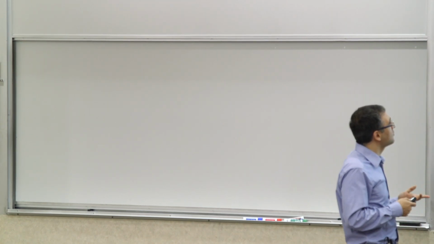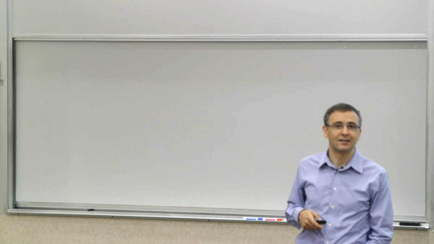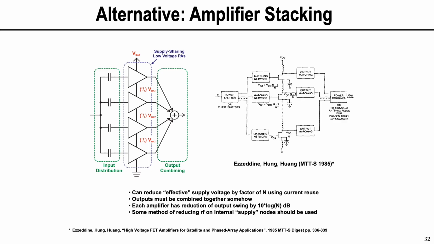The other thing that you can do is what we call the stacking of amplifiers. You can make any kind of amplifier. Any of these, like the triangles on the left-hand side, the four that are shown here, are stacked. And each one of them is essentially what? Each one of them can be a complex amplifier. It can be a cascode amplifier itself. It can be any kind of topology. But you can now have them,